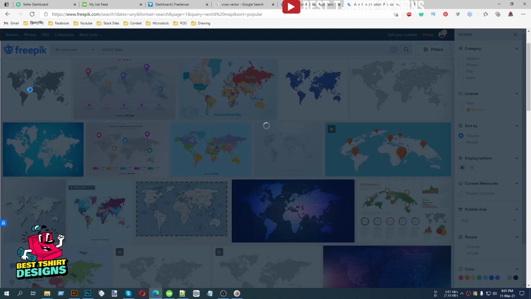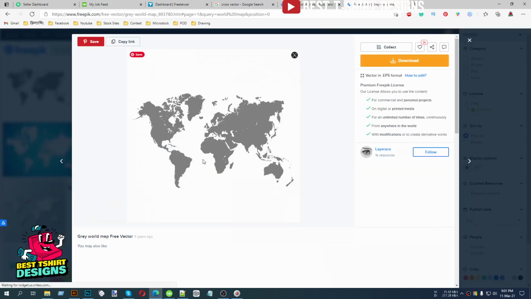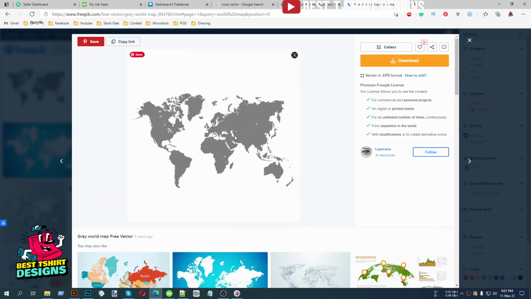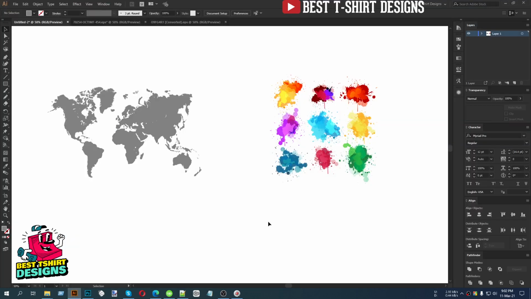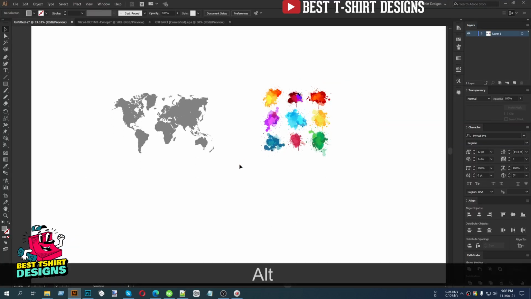I'm using this one from Freepik because it is already made. And if you ask why we use vectors from Freepik, we could also create this one. This is just a silhouette of a map, but that would take tons of time. But we can easily download one from here, and that's why they are uploading here, so that we can use their resources to make our own graphics. That's the game here.